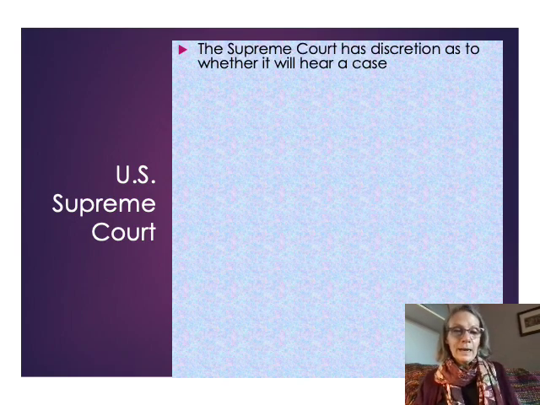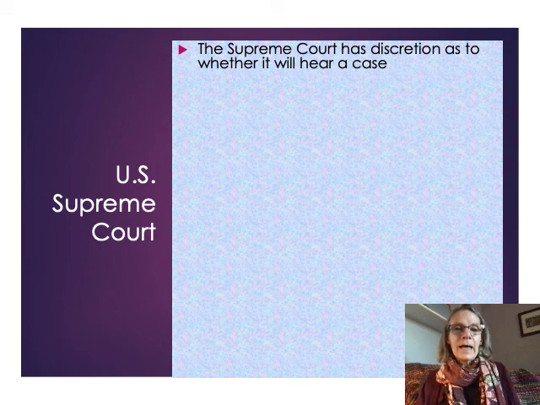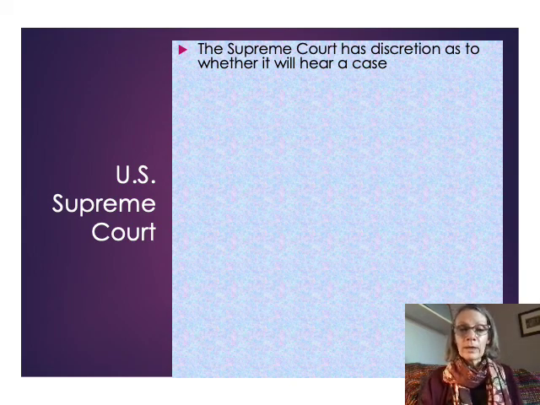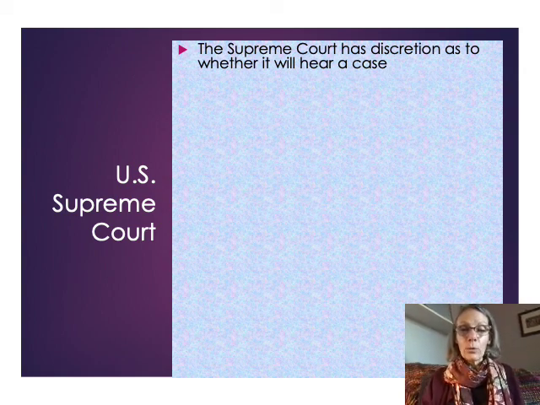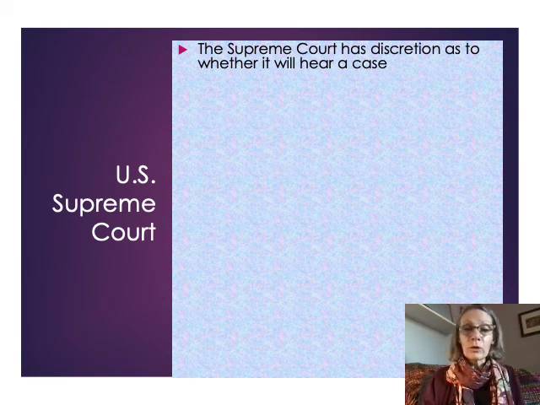Okay, so the first thing, and I mentioned this in the previous slide, is that the Supreme Court doesn't have an obligation to hear cases. The Supreme Court has the discretion as to whether or not it's going to hear a case on review, exercising its appellate jurisdiction. With the lower appellate courts, everybody gets a right to have one review. They have a right to appeal their case one time. They don't have to exercise that right, but they can. But you don't have a right for the Supreme Court to hear your case.